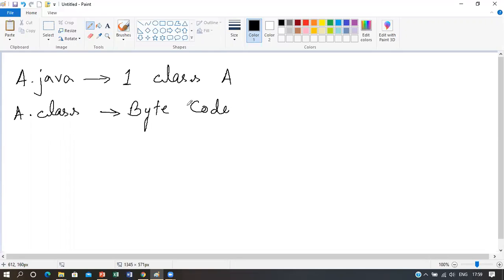Now, bytecode generation is possible only if you compile a Java program. That is the thing that we have discussed till now. So after compilation and after generation of this .class file, we took that .class file and we